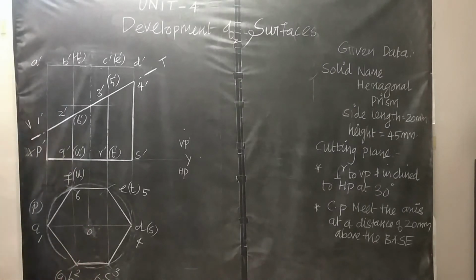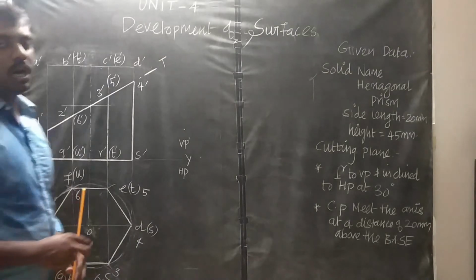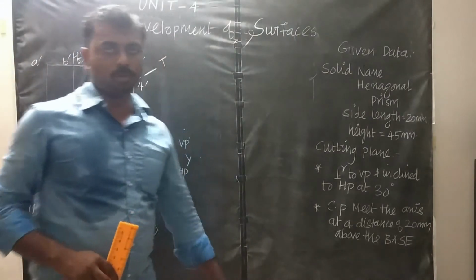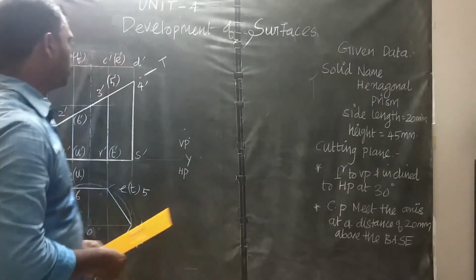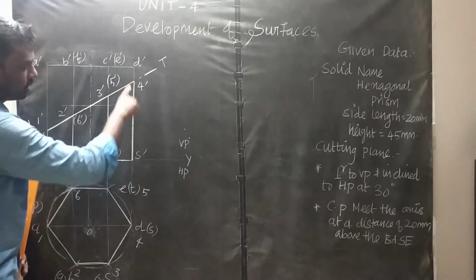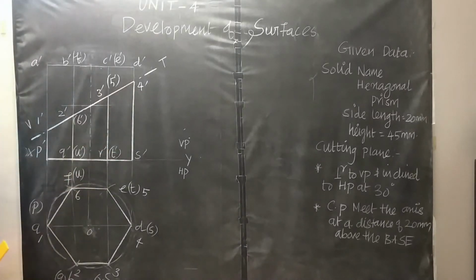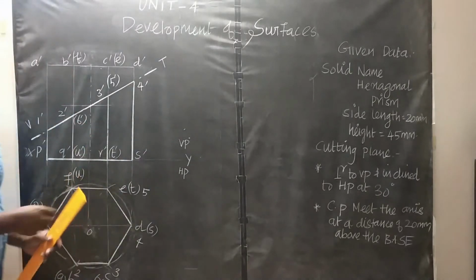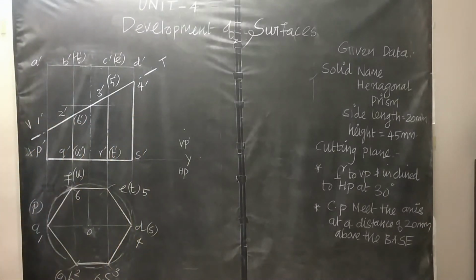This is 2. Okay, after that, come to our main topic of the problem. Here we have to study the lateral surface of the solid. Now we are going to select the lower portion of the solid. So here this is the lower portion compared to this height. Select this point for our development. Here we are going to use one scissor, cut along this lateral edge, then open, then we are going to study the lateral surface of this solid.